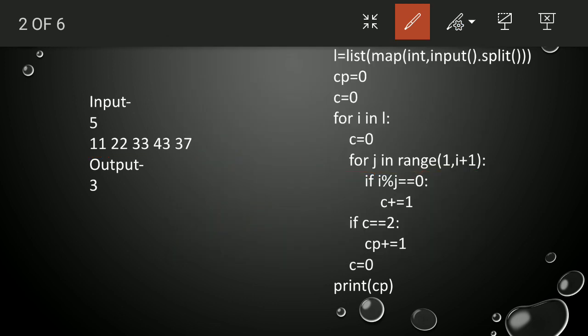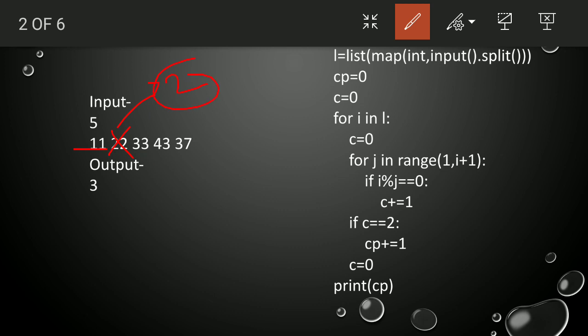So how do these two loops work? First we will check how many prime numbers are there in the list. 11 is a prime number, yes. Is 22 a prime number? No, 22 is not a prime number, because it is divisible by many numbers: by 1, by 2, by 11 and by 22. It has more than 2 divisors, so it is not a prime number.